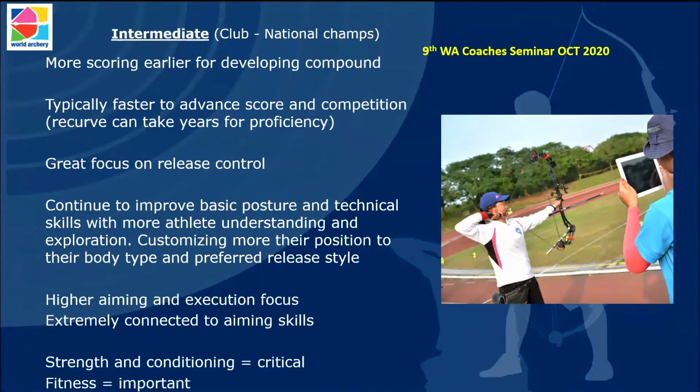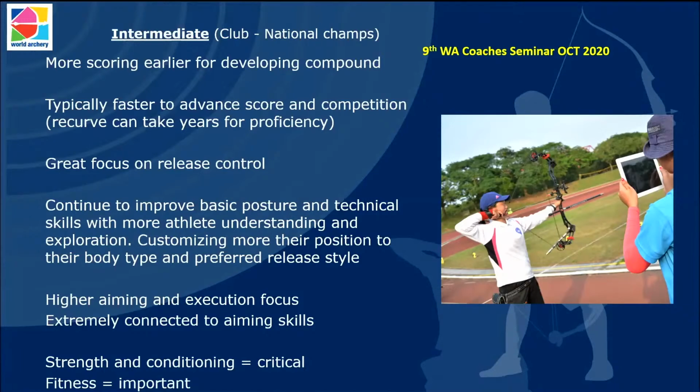intermediate level athlete. So at the beginning, we talked about engaging with beginners. So that is having less people, the bow takes time to set up, that you're looking at more of the preparatory body positioning. With that athlete continuing on, we're talking now more of the club level to national championship sort of attendee. What you'll find, and a big difference from the recurve to the compound, is that they're scoring a